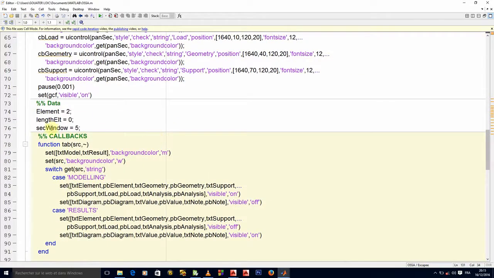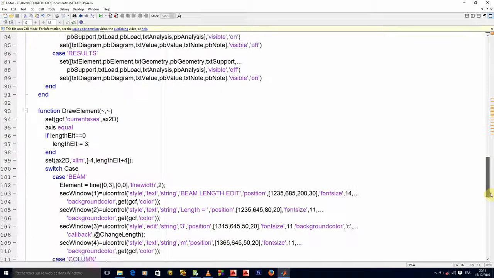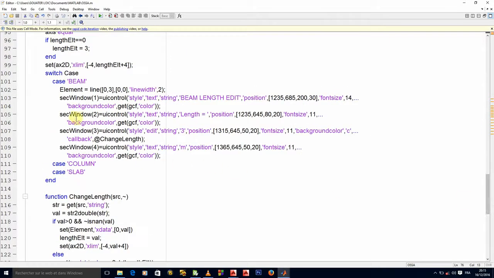The first method is to make sure that my secondary window, okay, I'll create a variable called secondary window that will be the array that will contain the handles to all the UI controls on my secondary windows. Now, this particular method has a fault, right? Because here, if I want to get, for example, the handle to this edit text in particular, I will need to come and look for the position where I have placed it.